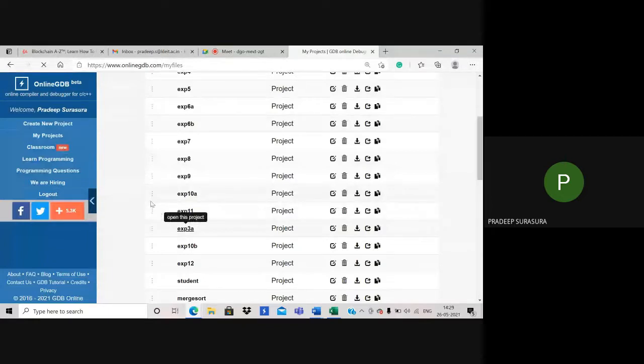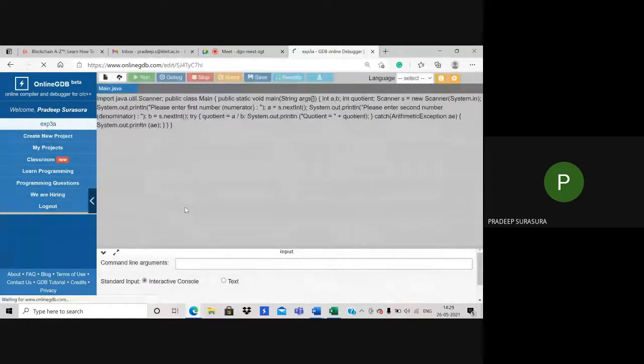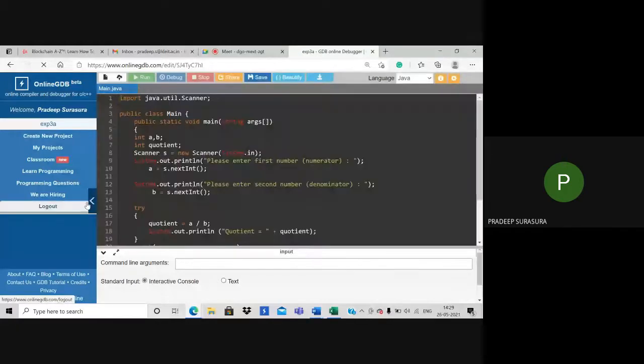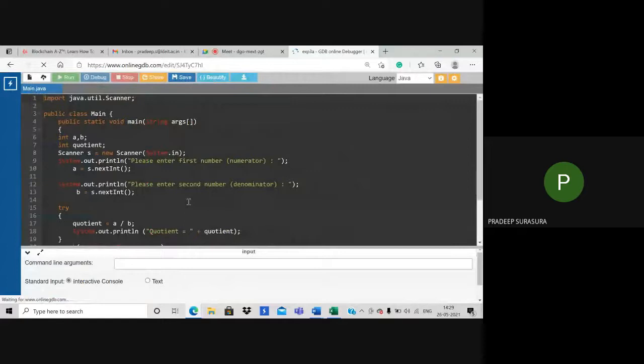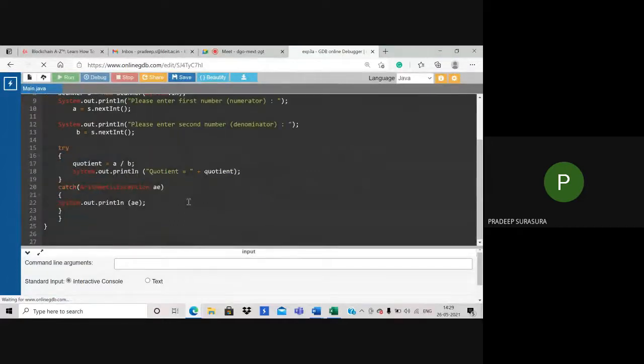There are two concepts to write the program, two steps: one is try and the other is catch. In try, we will write the expression. If try throws any error, that will be